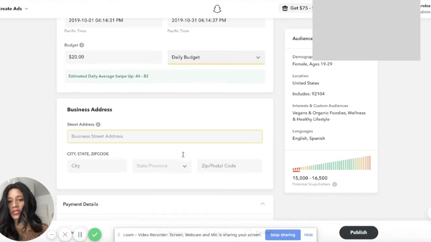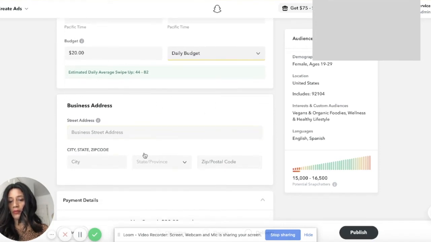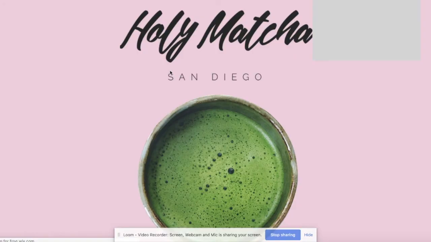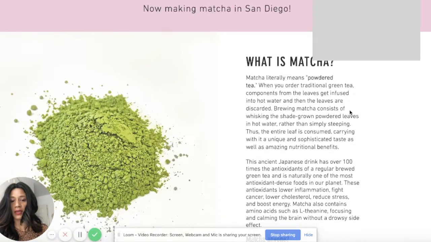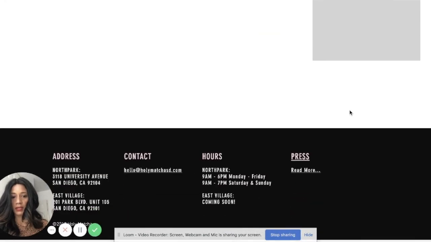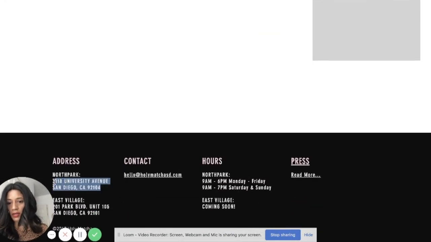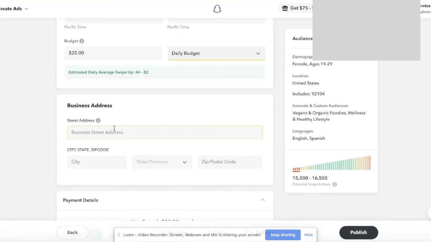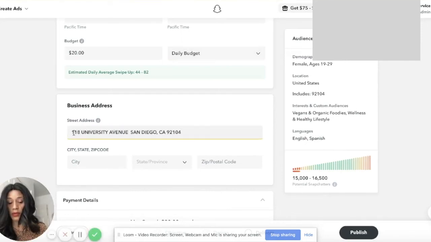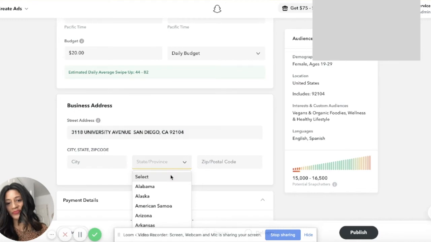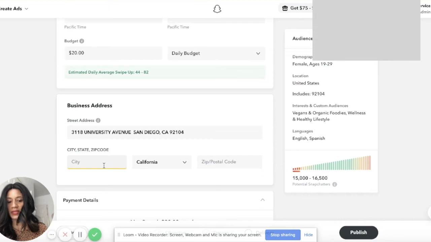So the business address here, because we're going to get hyper clear with who we want to reach. So go into the website here. I'm going to just capture the address here for the North Park location, which is very lovely. That part didn't capture, but it's okay. Both locations are lovely, actually, but I think I'm a little bit partial to the East Village one, to be honest. But they're both just so beautiful. So we'll put the information here,